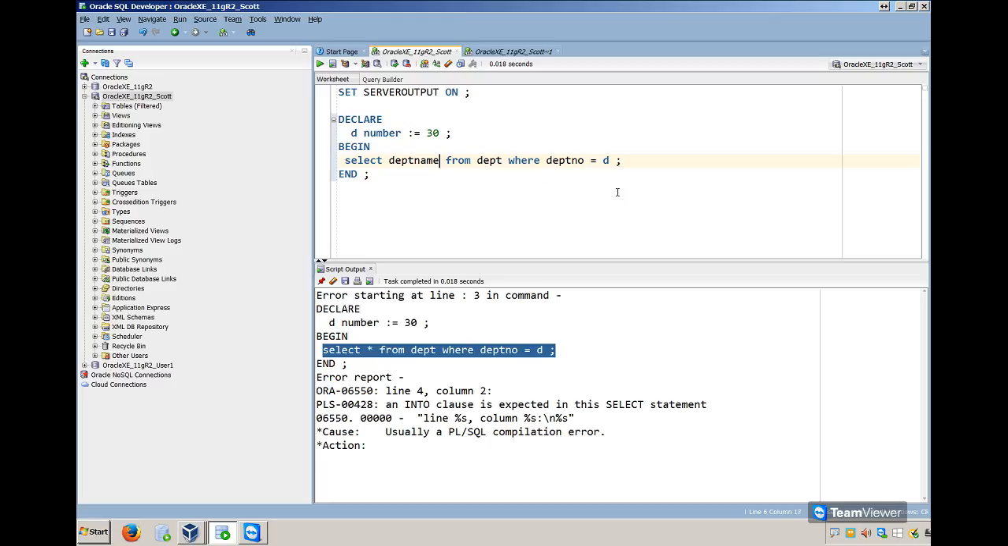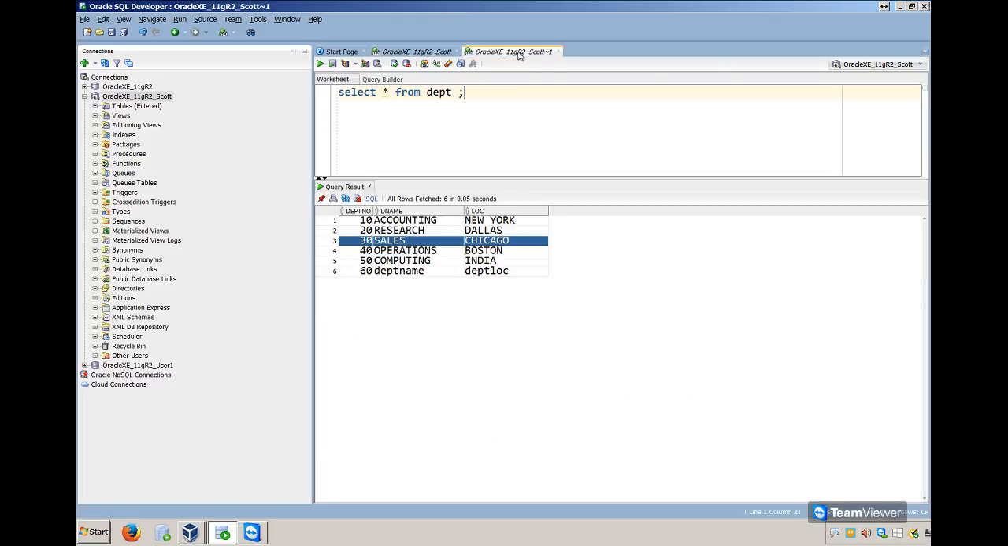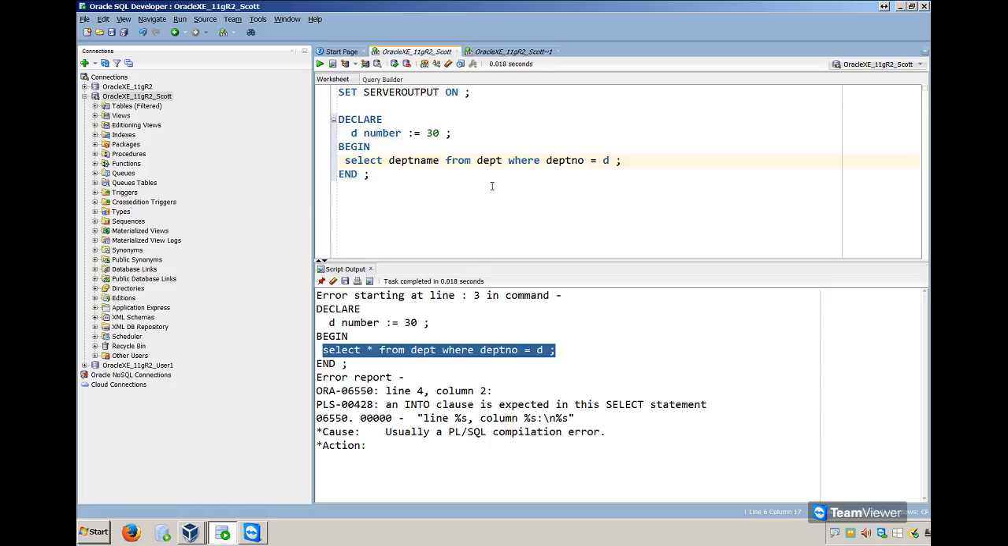I don't know what the column name is. Let's go look at that. DNAME is the column name, and LOCATION. Those are the two things you need to display. DNAME and LOCATION, these are the two columns. But what we have to do is actually store that in temporary memory variables and then